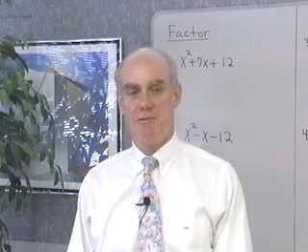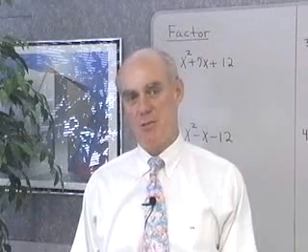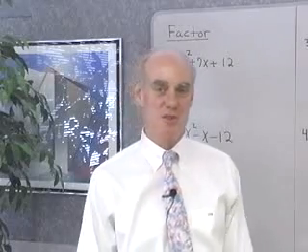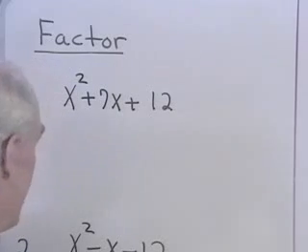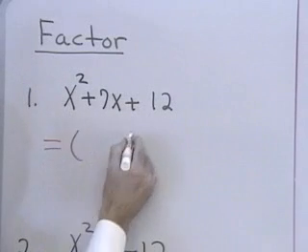There's a couple of methods of factoring trinomials. We're going to show the trial and error method right here. There's another method called the AC method, which is shown in the book, but what we're going to do is use this trial and error method. If we want to factor x squared plus 7x plus 12, we know if it factors, it will factor into